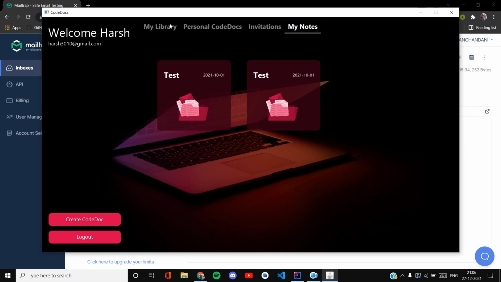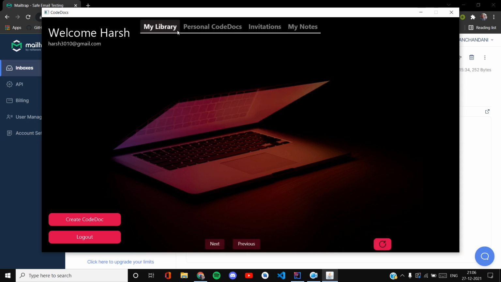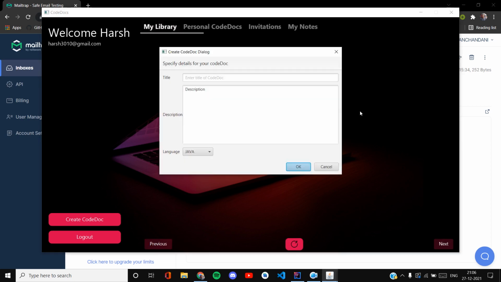Now my library, personal code docs and invitations are fetched from server. However, the notes are actually stored in local storage. So if you have notes created by other users on the same machine, then you can view those notes here as well. Now let me just create a code doc.